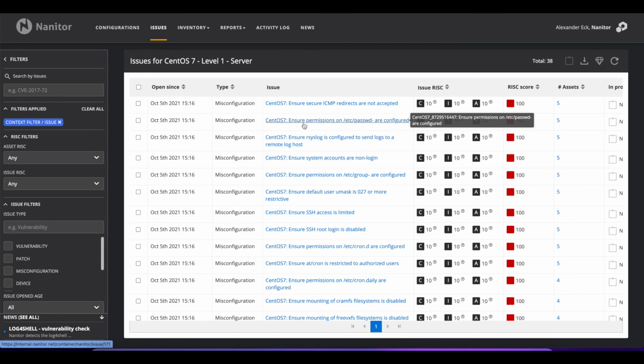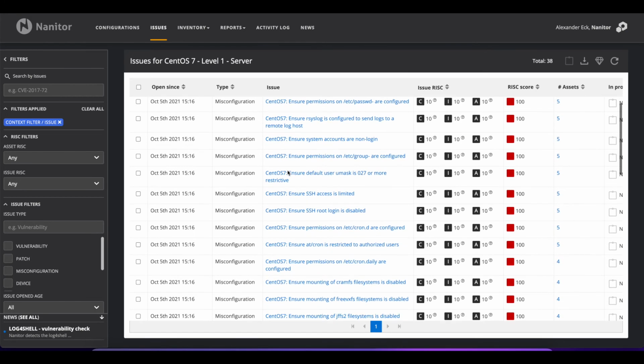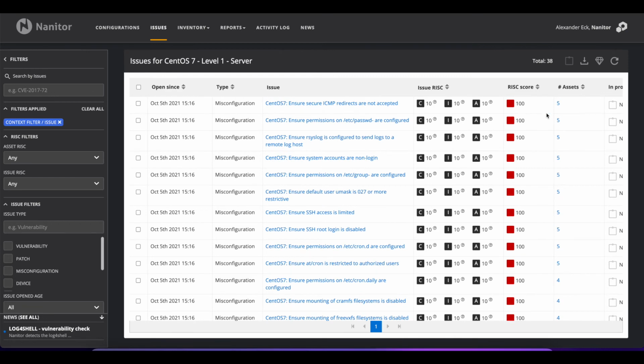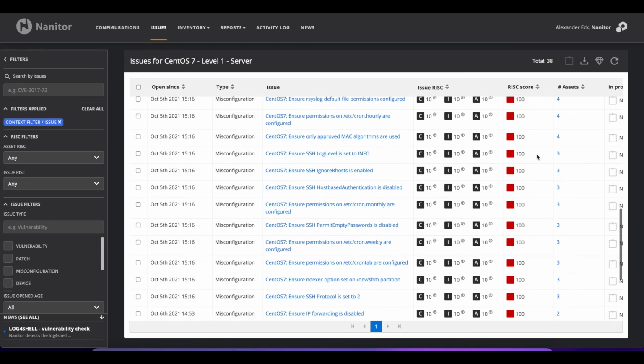But you will not get multiple issues for each of those. It will only ever create one issue for all of those benchmarks. And as such, the issue is named according to the benchmark where it has been found. Here are all these 38 issues, and you probably see that by default they are